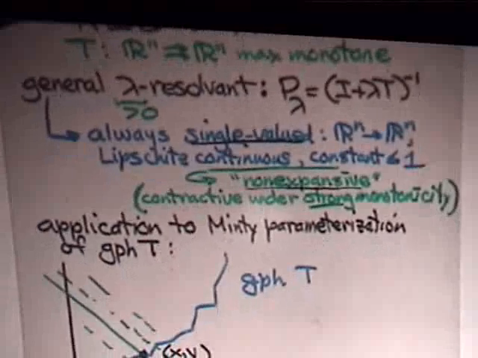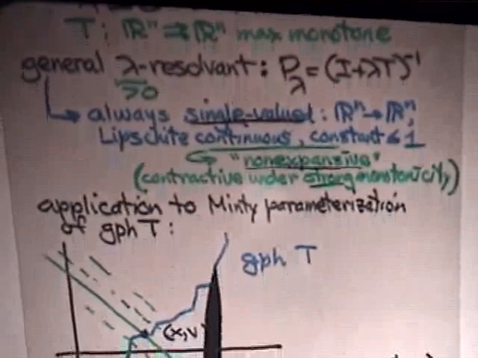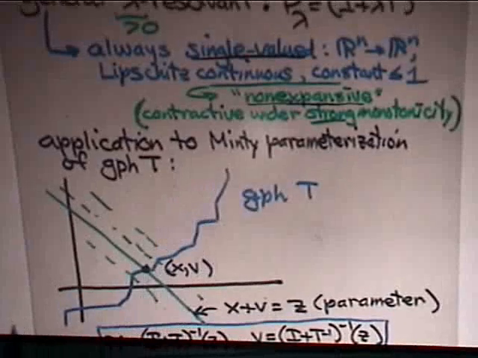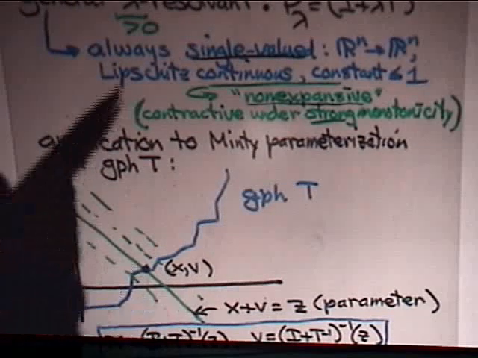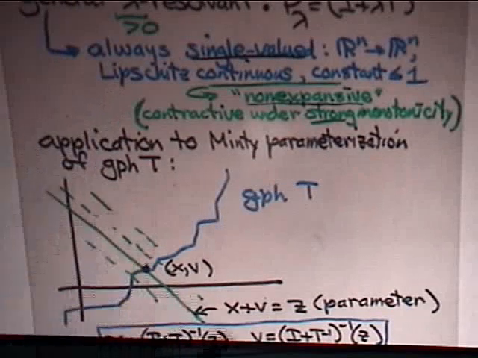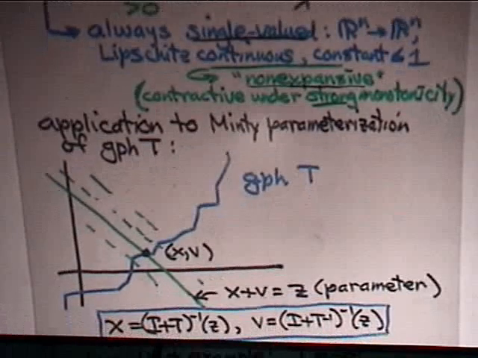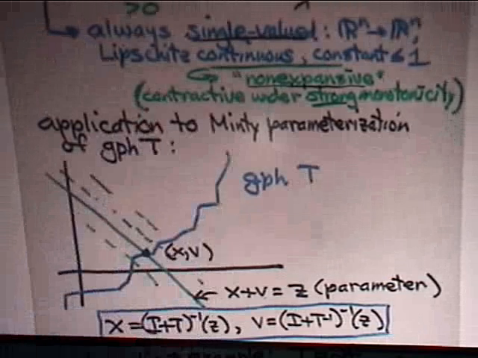So here I've drawn a graph of a set-valued mapping. This is set-valued, right? Because at some places I can get more than one image here. There's a whole interval of images, and this is just a two-dimensional picture. But this is a set-valued mapping, but it's so function-like. And it has this property that if you take any of these transversals you see here, given by the equation, this is the x-axis and the v-axis, x plus v equals z, there is a unique such point. And the x is given by one resolvent, and the v by a resolvent of the inverse. And this, in fact, is a Lipschitzian parameterization of this graph.